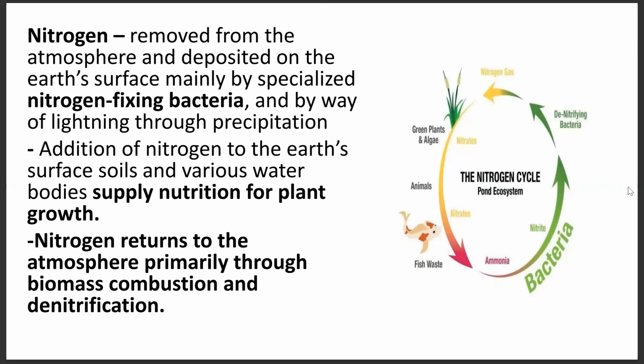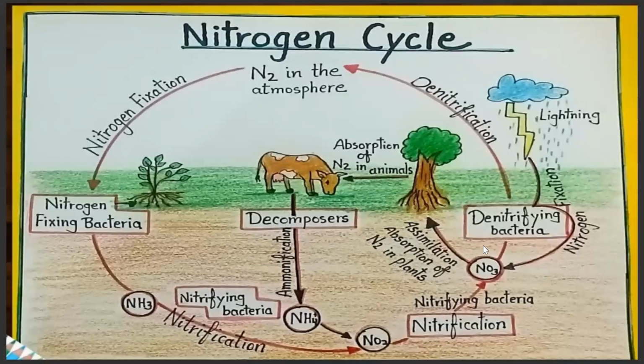So this is the nitrogen cycle in a pond ecosystem. We have here ammonia converted by bacteria to nitrite, and then the action of the nitrifying bacteria to decompose this into nitrogen gas. And this nitrogen gas will be absorbed by plants and algae and will produce nitrates, and animals as fish waste. And the cycle continues. To dig into deeper detail on the nitrogen cycle, here is a diagram.